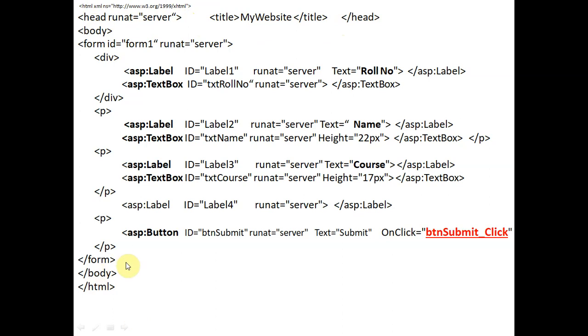This is the body part, the main part of this ASP.NET web page. You can see the name of the form is form1. Either we'll write the form name or form ID, and we write run at server, which means it will run at the server. So we will have to create this window.